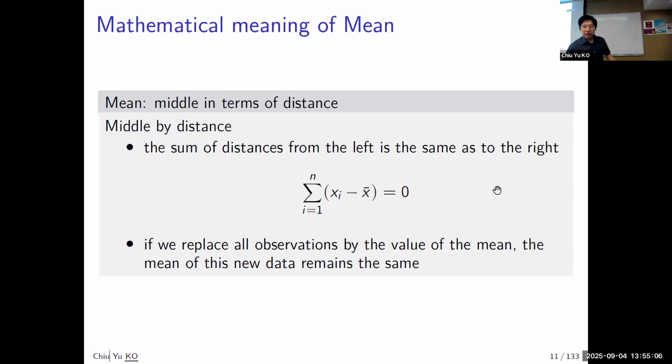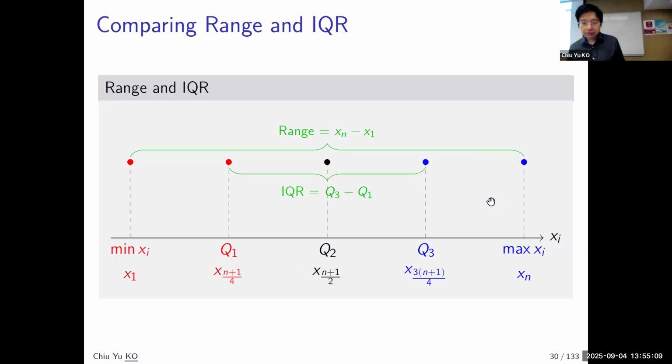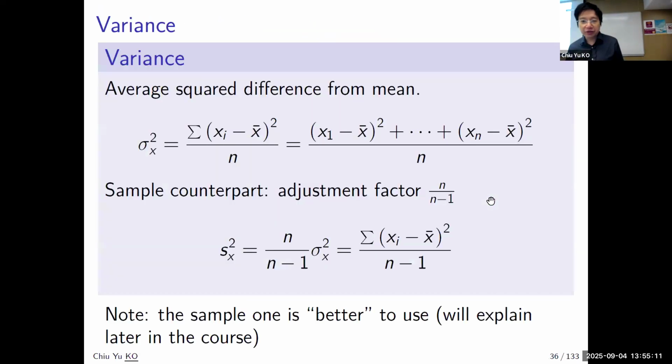Square is one way to avoid negative and positive cancelling, so you take the square. That's one explanation. But obviously, one classical counter argument is that square is not the only way to do it. Why don't we take it to the fourth power? Why not take it to more? Or why do we have to take